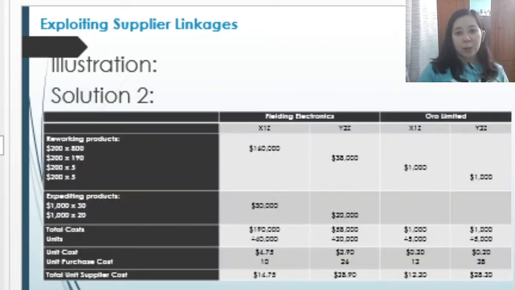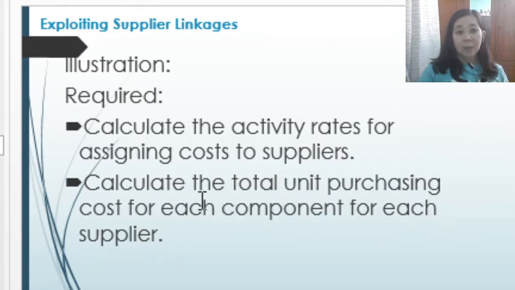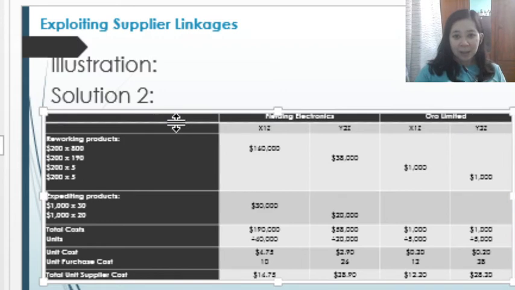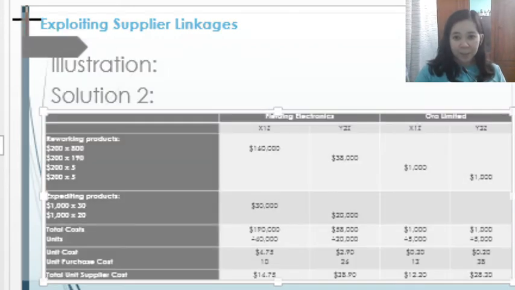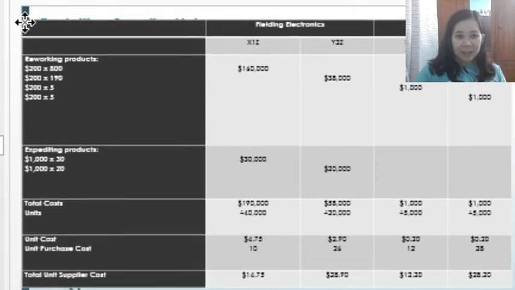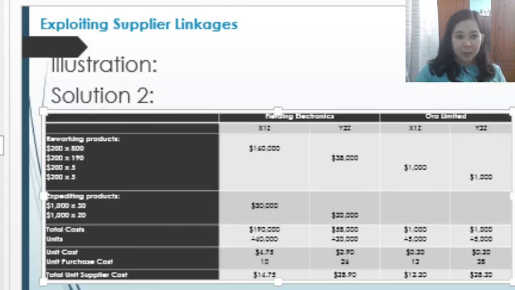Okay, for solution number 2, our requirement number 2 is to calculate the total unit purchasing cost for each component for each supplier. So here, we have the following data. So I don't know if you can see this one. Okay, cannot see it. Okay, so this one is for